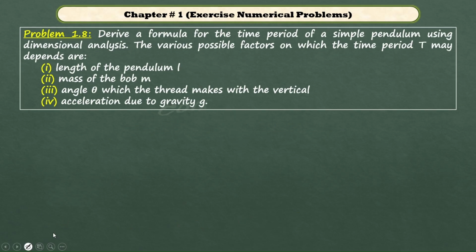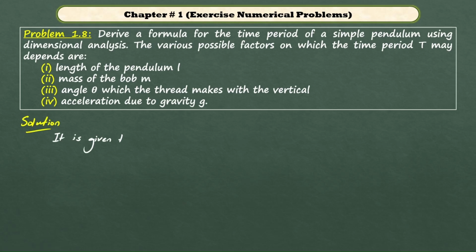Numerical number 1.8, derive the formula for the time period of a simple pendulum using dimensional analysis. The various possible factors on which the time period T may depend are: first one, length of the pendulum; second, mass of the bob; third, angle theta which the thread makes with the vertical; and the fourth, acceleration due to gravity. हमें डायमेंशनल एनालिसिस को यूज करते हुए टाइम पीरियड का फॉर्मूला फाइंड करना है जो कि सिंपल पेंडुलम का टाइम पीरियड होगा. सॉल्यूशन: